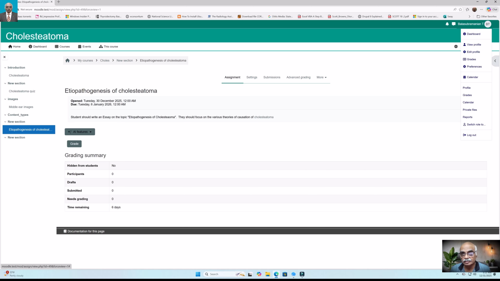So the student should click on the submit assignment button to ensure that the assignment is properly submitted. On clicking the continue button, the assignment gets submitted. That's it. Now let us go to the book module or book activity, where teachers can author books within the Moodle